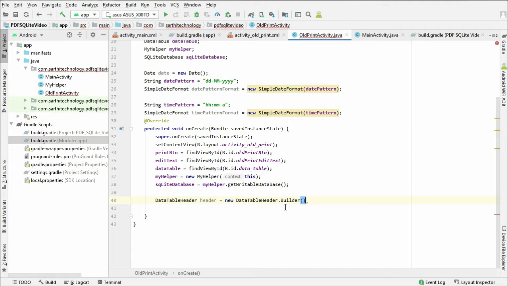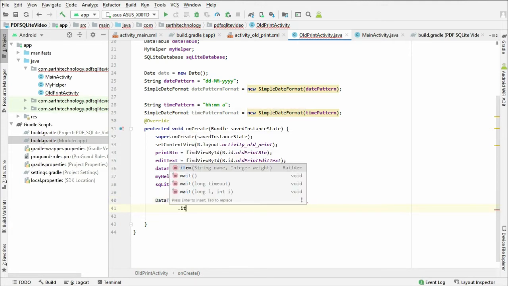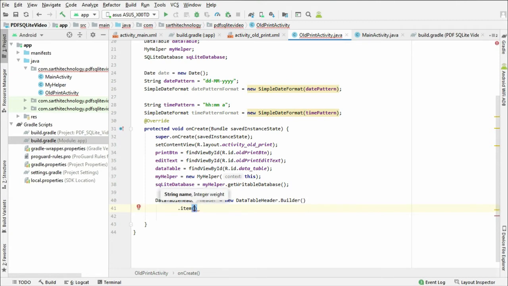Don't put a semicolon here, just press enter, and .item, and the item name is invoice number, and its weight is, for example, 5. Okay,